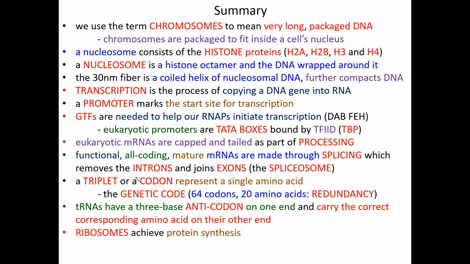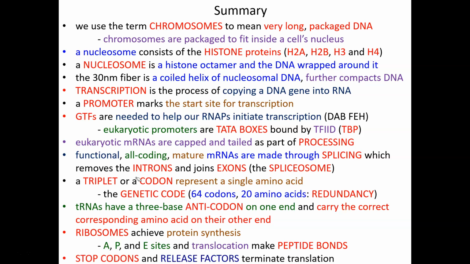Ribosomes are the coordinators of protein synthesis. They contain 3 sites, the A site, the P site, and the E site. And we've talked about the process by which tRNAs enter those sites and what drives translocation and the formation of peptide bonds. And we finally ended the lecture by talking about how translation initiates with an initiator tRNA carrying methionine